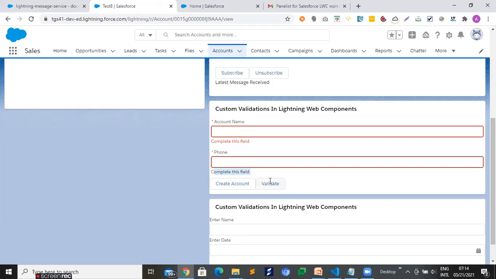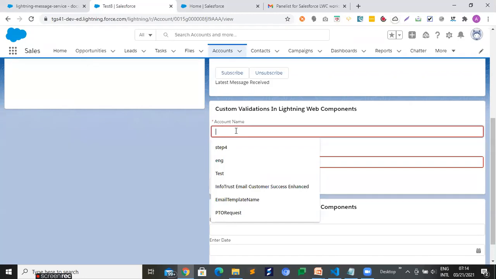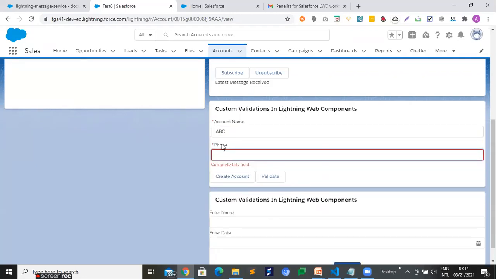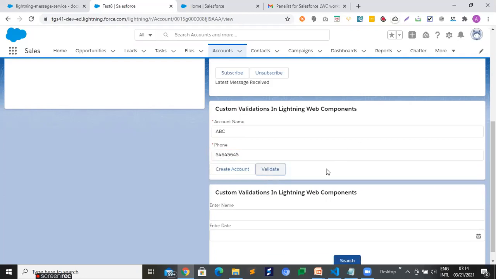So when we click on validate, it will check if any of the fields is missing, then it will throw an error. So now it will validate, right?